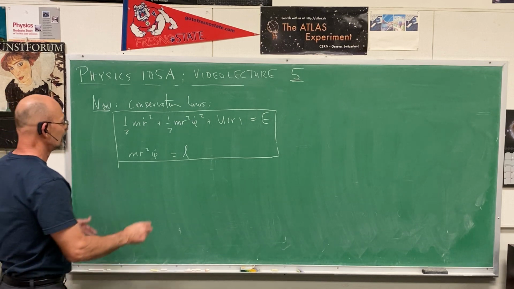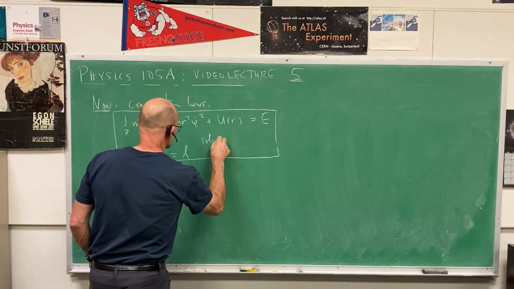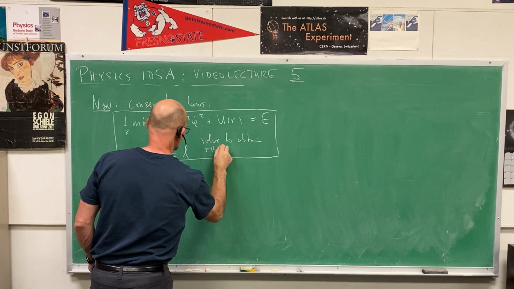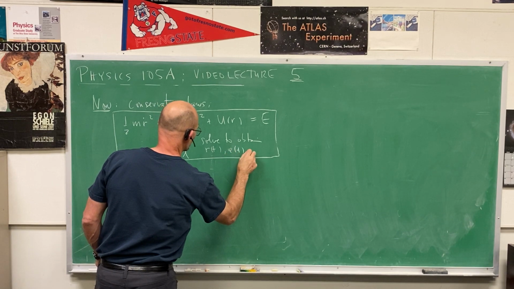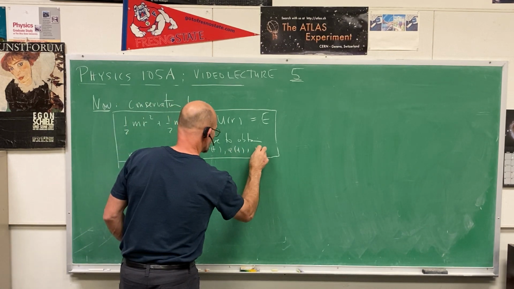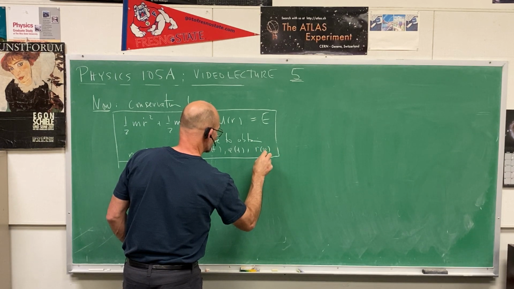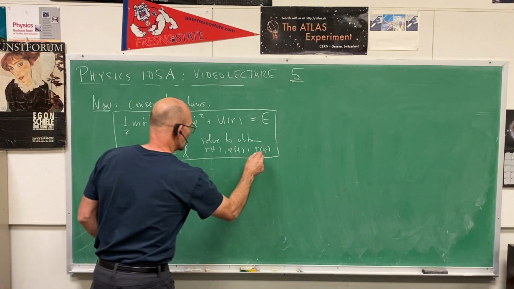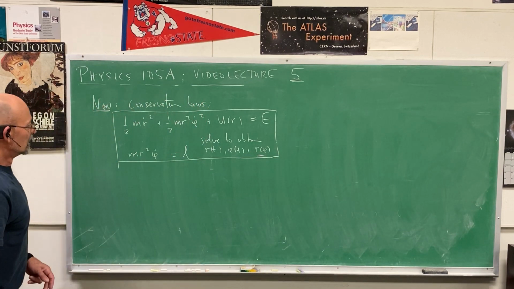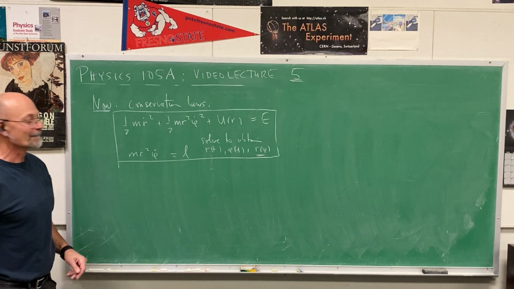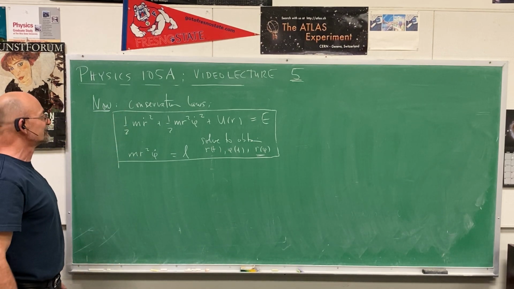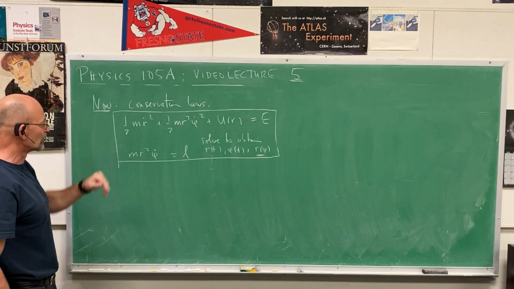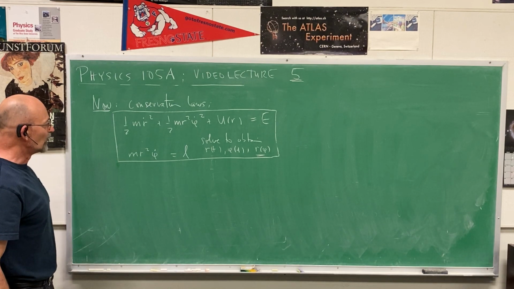And the idea is, I'll just write here, solve to obtain r of t, phi of t, and with both of those, r of phi, or phi of r, which is actually going to be our big goal. Good, so there's the problem, and we have to go about this systematically now. Coupled first order differential equations. And the way we tackle this